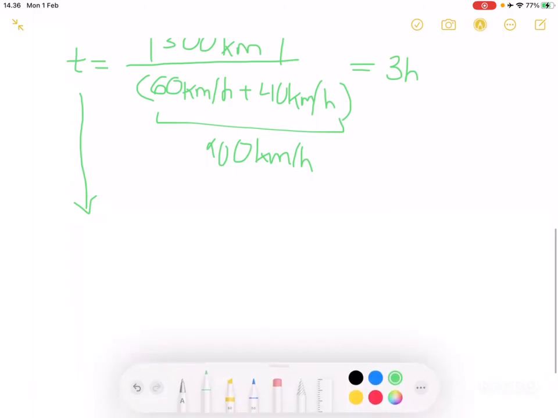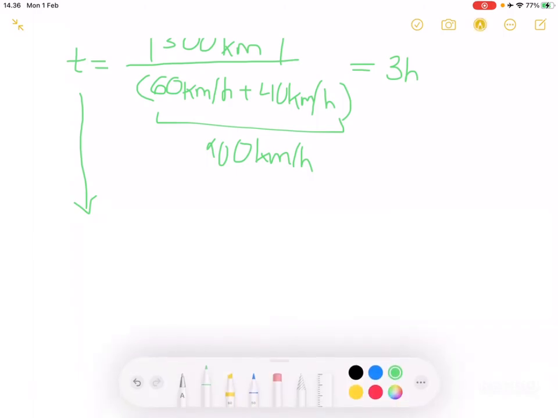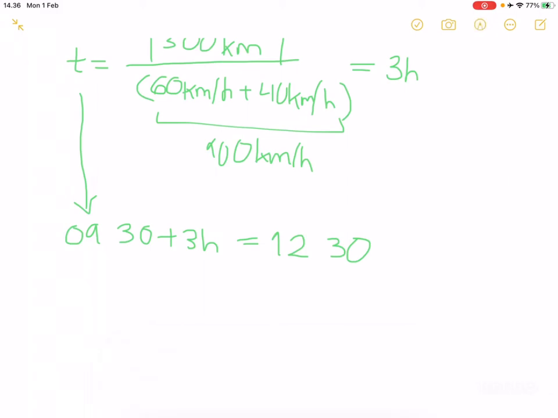So we can just find the time of the meeting point by adding that 9:30 to the 3 hours we have, which is just 12:30. Okay,